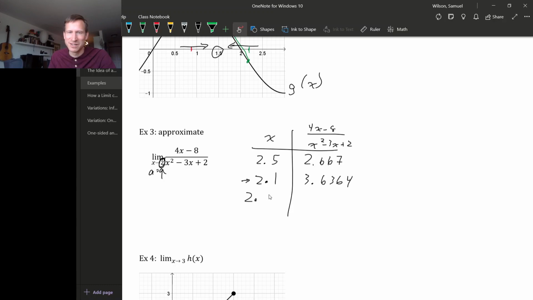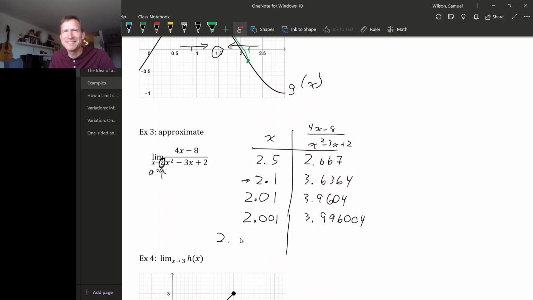So how about we plug in 2.01? Then we get 3.9604-ish, about that. But again, a hundredth away in the grand scheme of the real numbers. A hundredth is actually kind of big, so let's maybe plug in 2.001. That gives us 3.996004 and change. And even that isn't very close to 2, so why don't we plug in